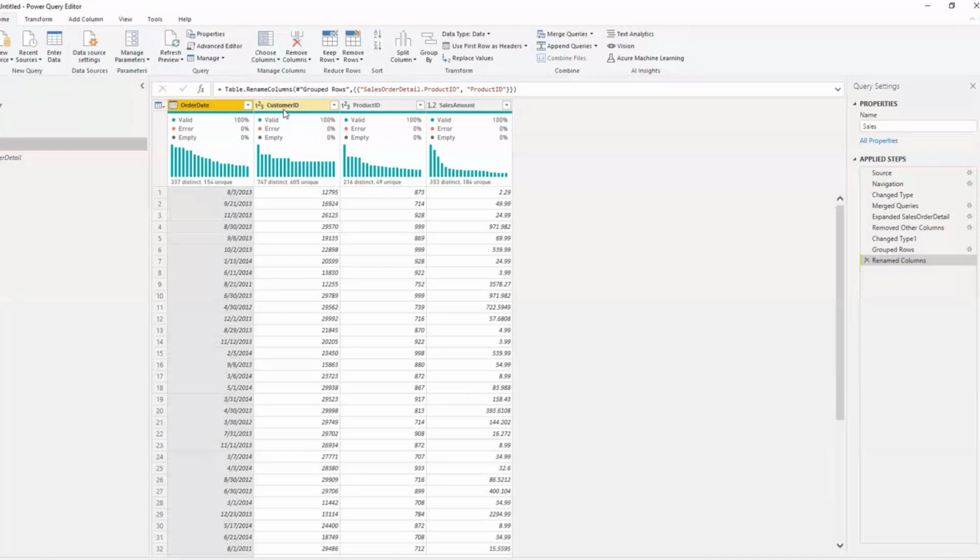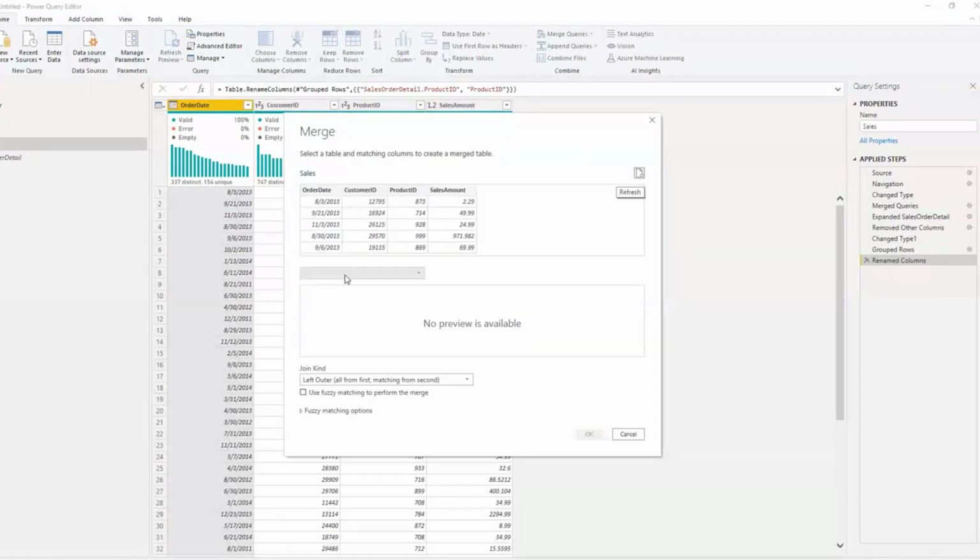To do that, first thing, once again, it's a merge. I would go to the Home tab and Combine. Under Combine, we have the Merge Queries option, and in Merge Queries, I have product and customer. So I will click on customer first, and I'll click on the customer ID here with the source customer ID I see in here, right? I'll rename this to source customer ID because these two customer IDs